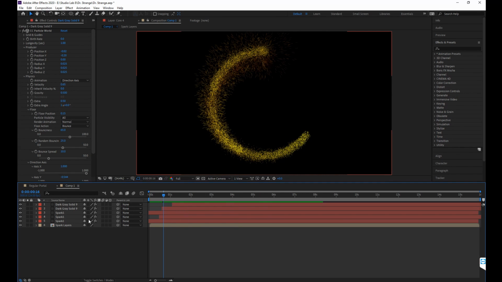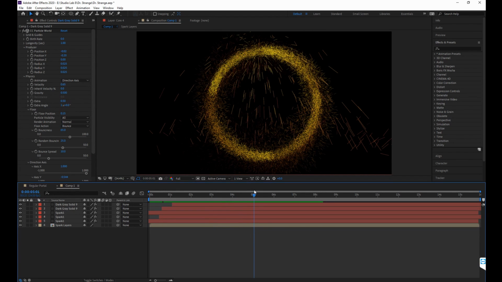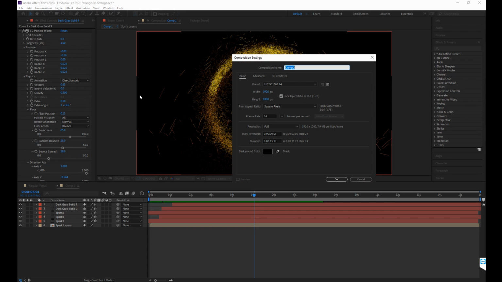The last thing I think we'll do is we need to just add a nice glow to this whole thing, because it does look pretty solid right now, but one thing that really sells it when you are compositing it into live footage is it does glow and it does bloom. And if you think about it, if something was that bright, if this portal was there in real life, it would be glowing and really blowing out the camera, no matter what camera it was. So let's go ahead and make a new composition here